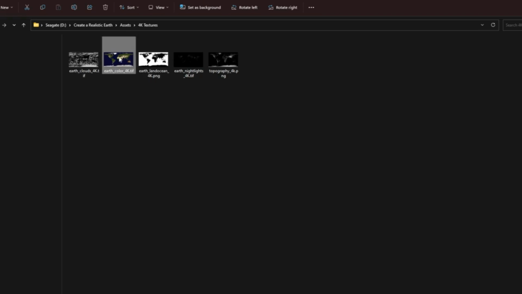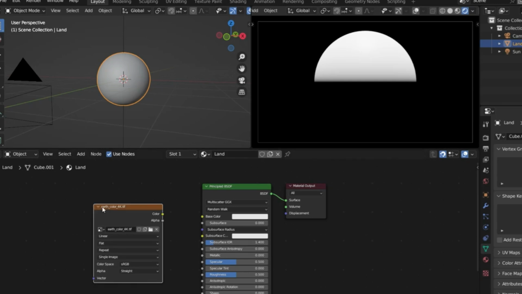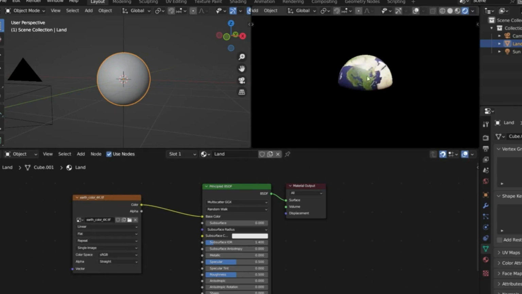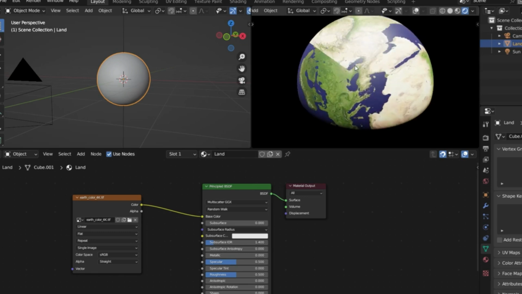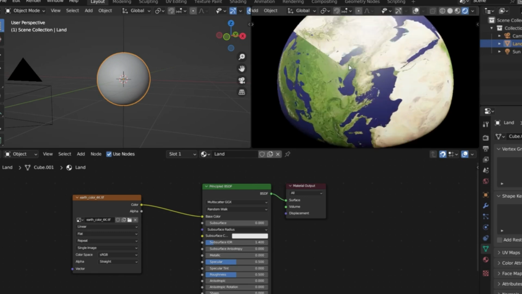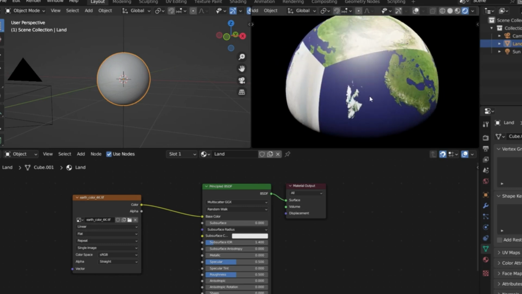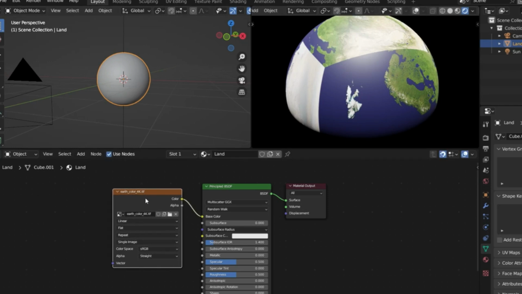So I can easily just drag it and bring it into Blender like this, and I will put it here, and I will take the color and plug it to base color. And boom, as you can see, it is right now on the surface. But it is weirdly mapped, like notice that it doesn't look right. In order to fix that, I need to tell Blender how to map this texture on the surface of a sphere. That's why we're going to use a texture coordinate node, which luckily, because we're using the Node Wrangler add-on, all you need to do is to make sure that you're selecting your texture, which is the Earth color,